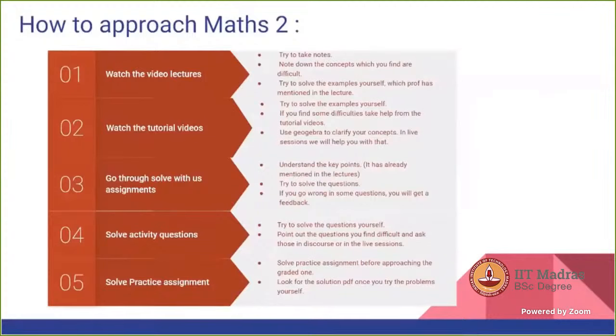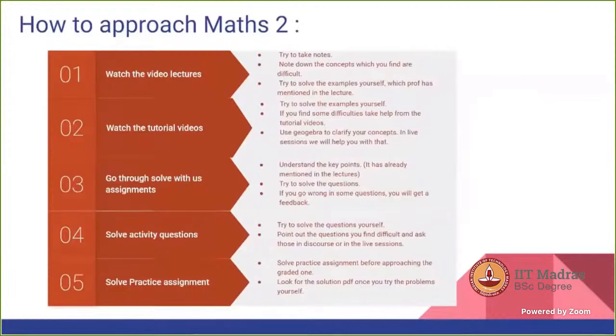Still, if you are facing difficulty, when you choose an option, it will give you feedback on how to solve the question or where you are making a mistake. This is a beautiful thing about the solve with assignment, and you can use it like a note for the whole Maths 2. There are key points which you can use for revising the contents of Maths 2.